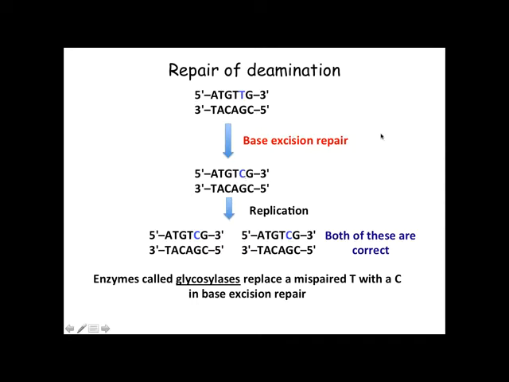So this repair pathway, base excision repair, utilizes enzymes called glycosylases. These glycosylases will break the bond between the thymine and the sugar here, and remove this thymine. It will remove the thymine and insert a cytosine based upon the fact that the complementary base is a guanine. So after the first round of replication, both of these are now going to be correct again, and all the subsequent replication events will result in correct